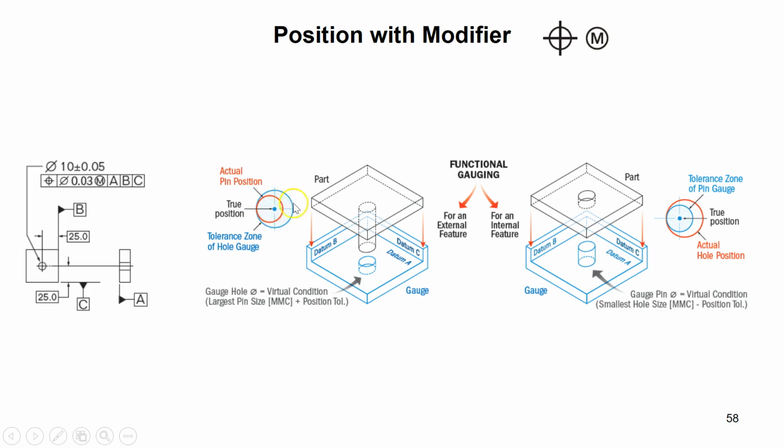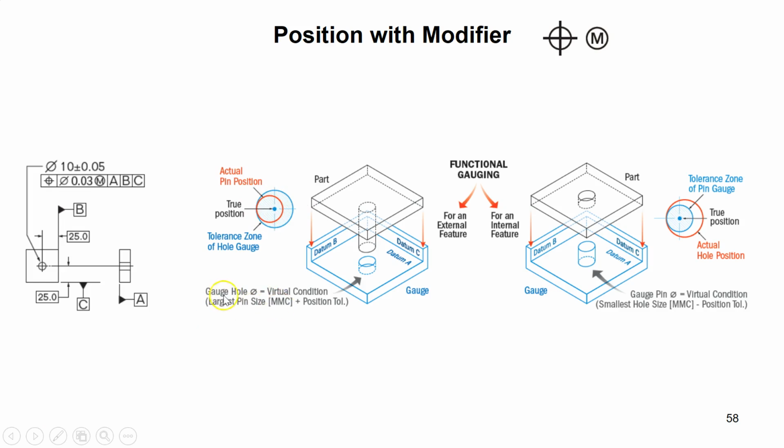So how big should I have this? Well, if this guy is 10.05 and I have an offset of 0.03, then the diameter of this should at least be 10.08. If this guy is 10.08, then with a 10.05 diameter and a 0.03 offset, the shaft will always pass through